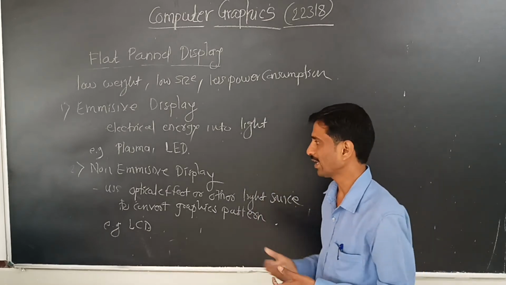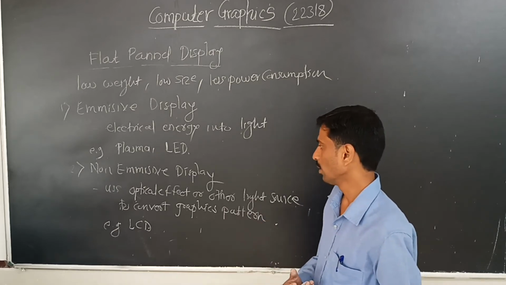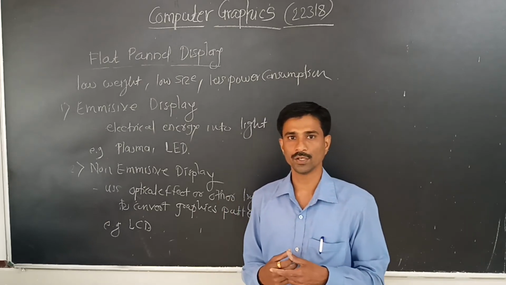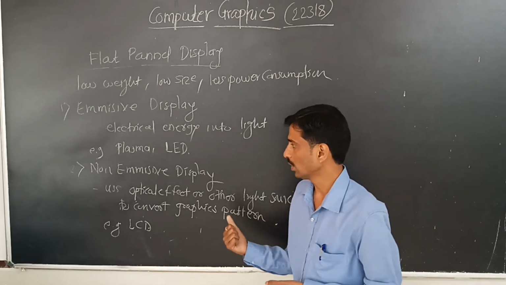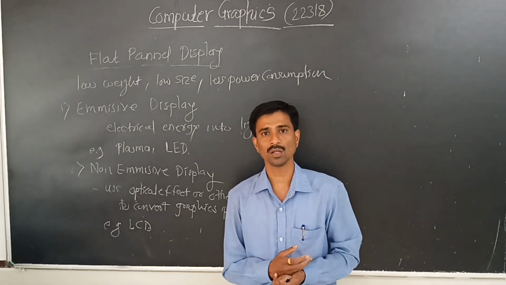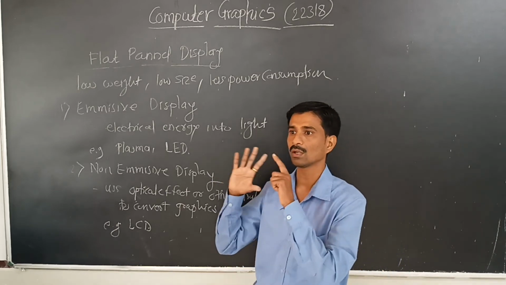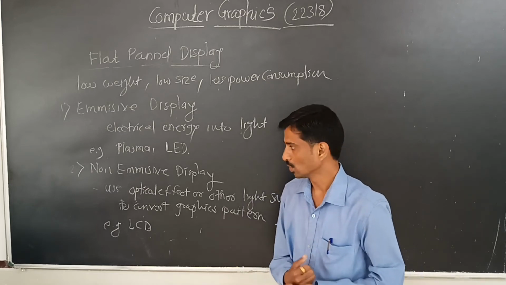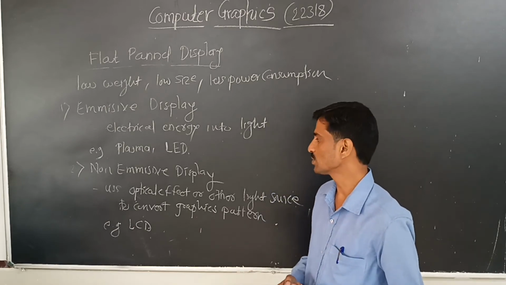So they can use other resources for converting it into the graphics pattern. So in this non-emissive display, they are using optical effects or other light sources for displaying different graphical patterns on the devices. So these are called non-emissive displays, and the example of non-emissive display is